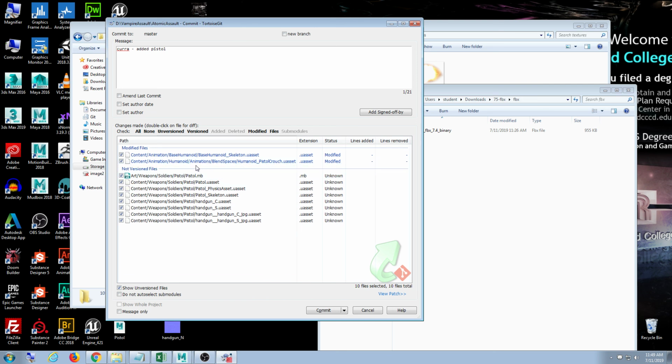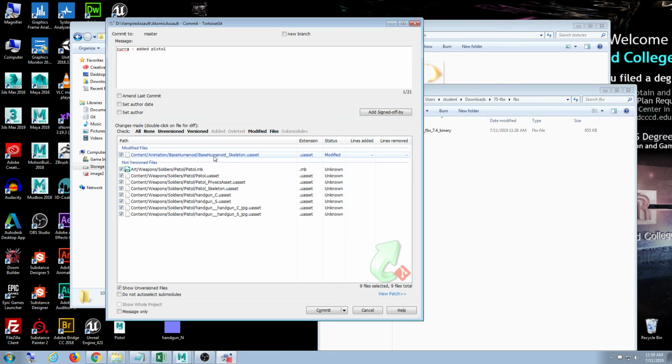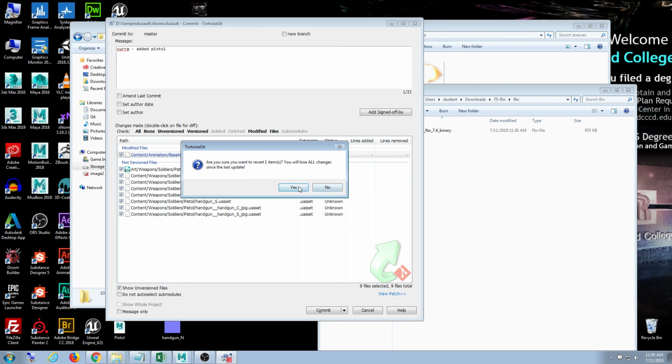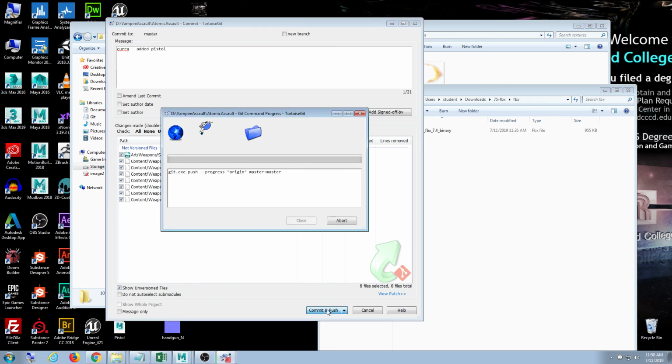Okay. I don't need to do anything to the animation, which is the blend space here. And the base humanoid, I don't need to do anything to that. I'm not doing anything to that, I'm just adding pistol stuff. Since I imported it and moved it all where I wanted it, that's all contained in the U assets here. We don't need to do anything on skeletons. So I'm just going to revert that too. And then I click OK. Or commit and push. I'm good to go. Are we gonna add the modify in there too? Yes. As long as